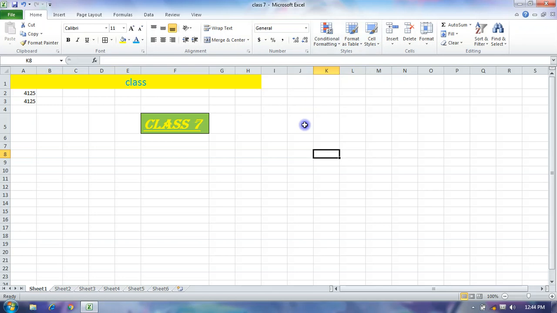So first we type a table, and after typing we apply effects on it. So take an example for it.